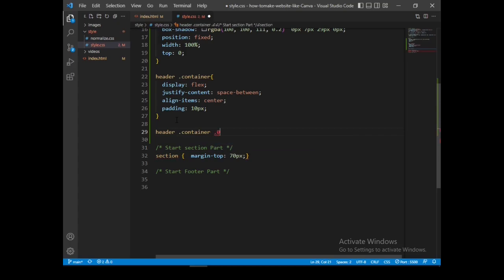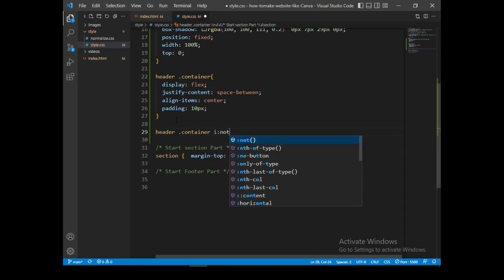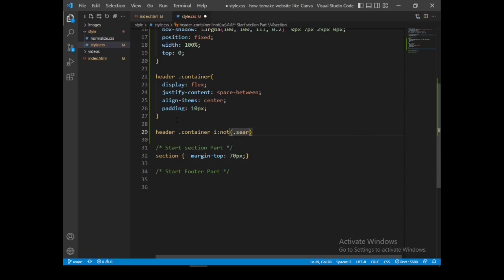I'm going to target the Font Awesome, not the search, excluding the Font Awesome.